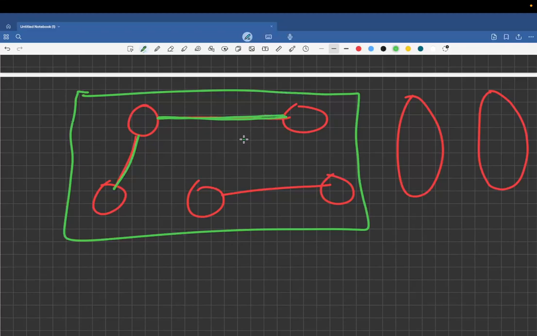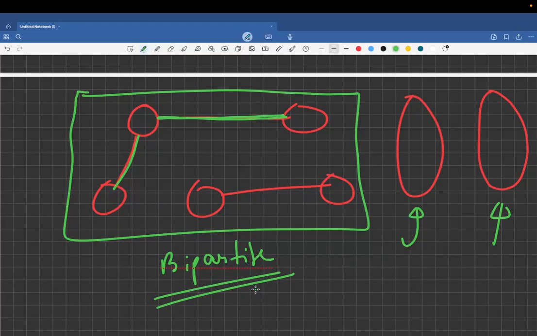So what does it mean? It basically means that for these two groups to exist, this graph should be bipartite. This graph should be bipartite, right? And how can we actually divide these two groups? That we will see. But first of all, you have to understand that this problem is actually a problem of bipartite graphs. You have to basically divide the nodes into two groups, or color the nodes by exactly two colors such that adjacent nodes do not have the same color.